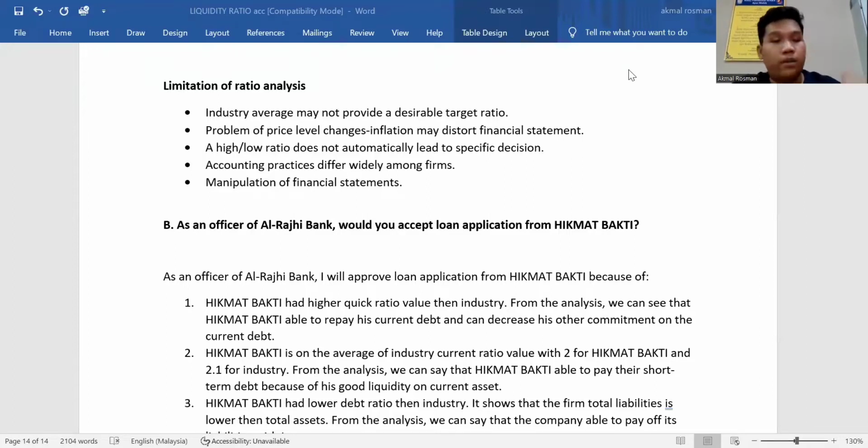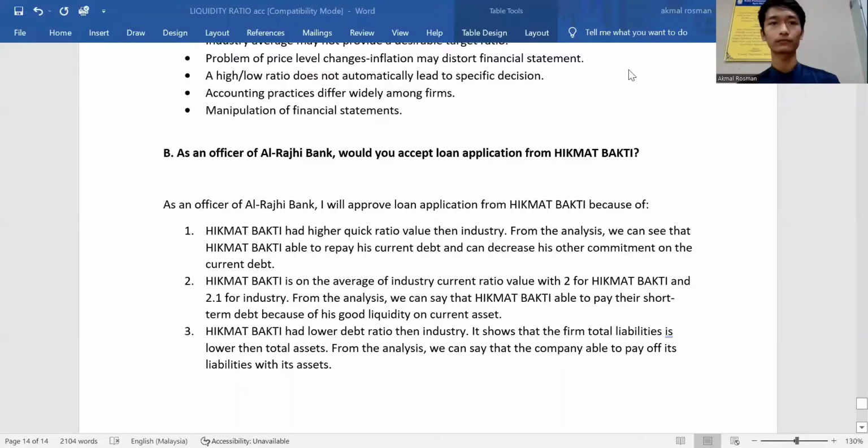So for me, now let's go to Syukri to talk about B. So next, we will answer the question given. The question is, as an officer of Al Rajhi Bank, would you accept a loan application from Hikmat-Bati? Our answer is, as an officer of Al Rajhi Bank, I will approve the loan application from Hikmat-Bati because of,